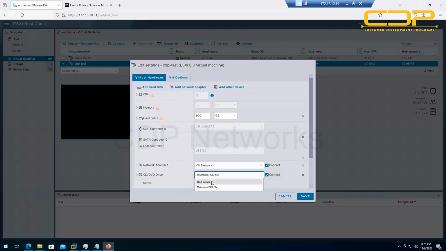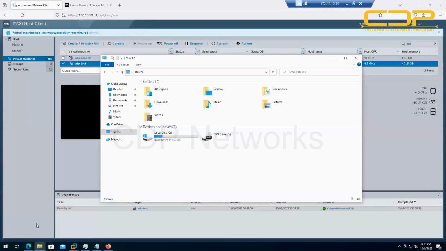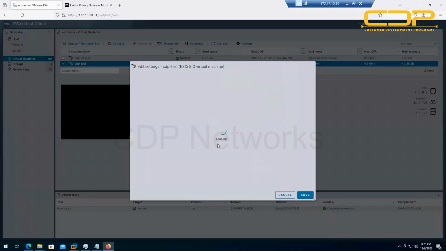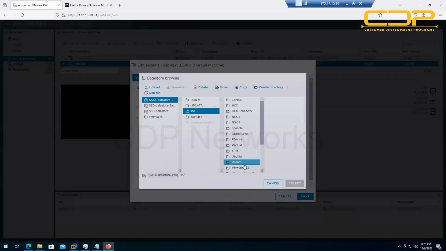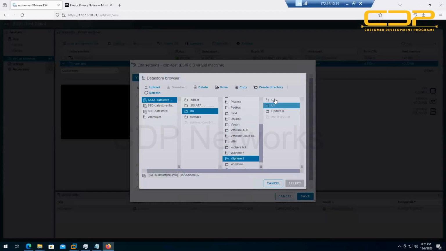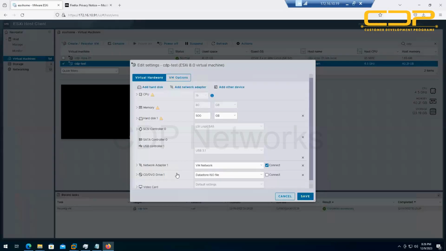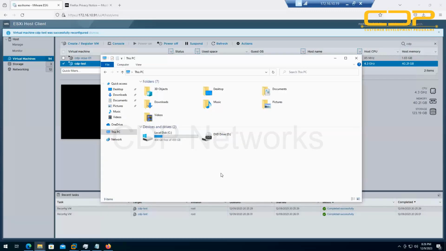So right now, let me unmount the ISO completely. And now when I come over here, okay, there is no ISO, fair enough, as expected. Now let me come back, edit, and let me add my vCenter ISO. So I'll come over here, vSphere 8, GA1, VCSA, select, connect, save. Now when I go over here,